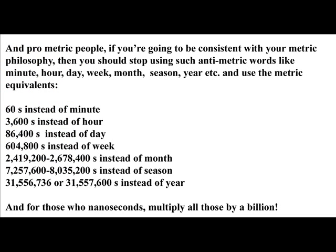And for the pro-metric people, particularly the ones who are pushing for a metric United States of America, if you're going to be consistent with your metric philosophy, then you should stop using such anti-metric terms like minute, hour, day, week, month, season, year, etc., and use the metric equivalents. 60 seconds per minute, 3,600 seconds an hour, 86,400 seconds per day, 604,800 seconds per week,